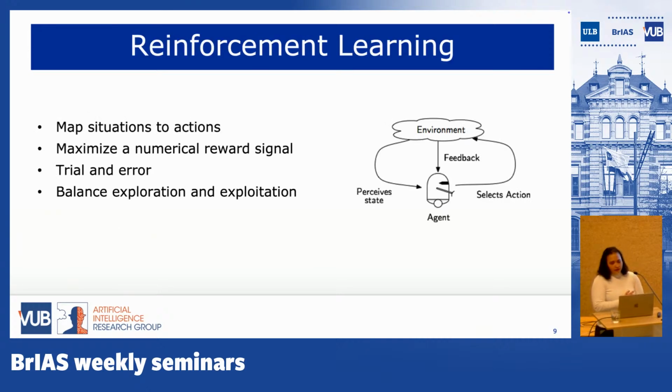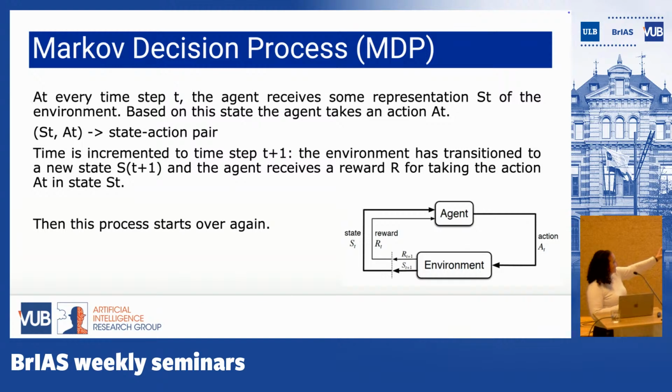So for reinforcement learning, as the previous speaker was saying, and I won't go into details because most of us already know a lot about it, we can say that at the end, we want to map situations to actions in order to maximize a numerical reward signal. We are going to have agents placed in a specific environment. At each time step, we are going to check what the environment is. We will receive a feedback signal from this environment. And by trial and error and by interacting with this environment, we are going to learn how to solve this